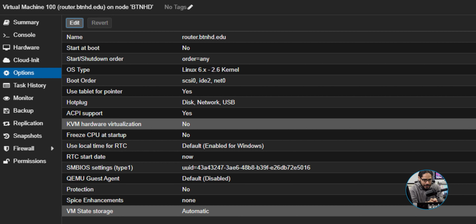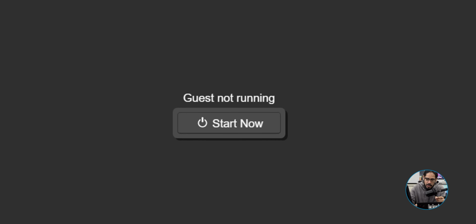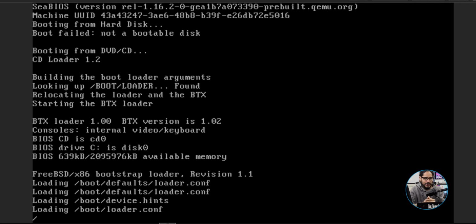It's really simple. On the last video, we left off here, disabling the KVM hardware virtualization in part 2. And then in part 3, we are going to start the installation. So the ISO image is already mounted because we did that when we configured the shell. So all we have to do is get into console and then click that big button that says start now. Click it. It's going to start booting up.